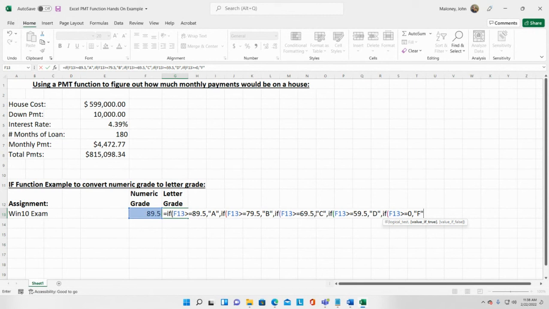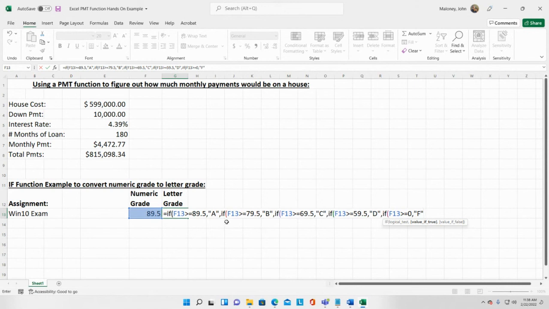If that's true, then flip it to a C. If, meaning in letter grade, make it a C. If F13, meaning this, is greater than or equal to 59.5, then make it a D. Put a D there. And if that's not true, well, as long as the score is at least a 0,